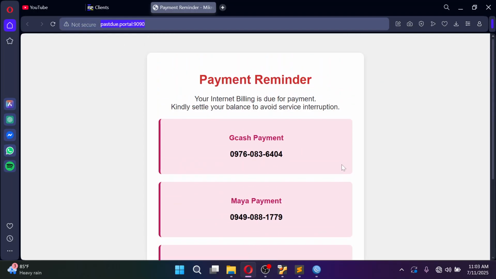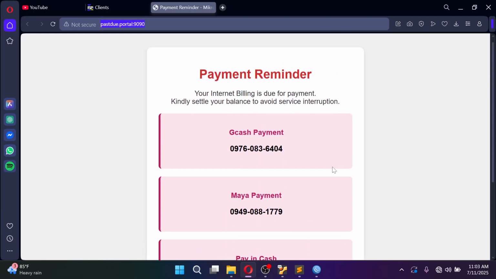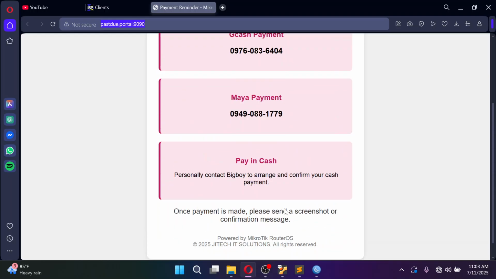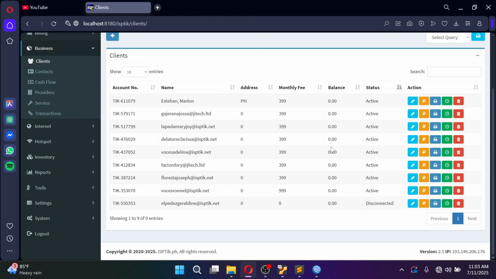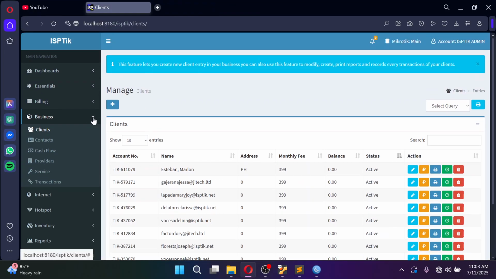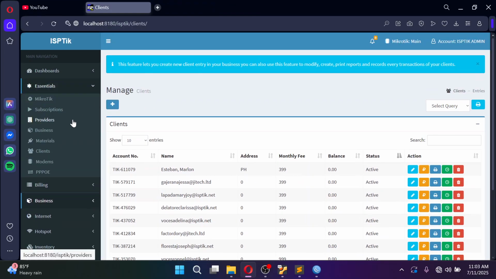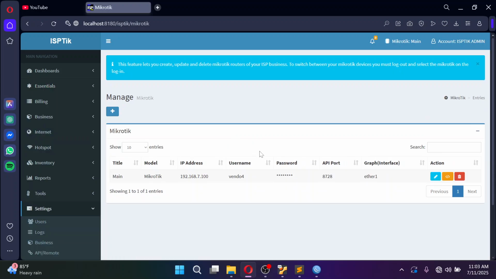So our payment reminder is now working. But not just yet. This is my personal PPPoE. The next thing you would do after setting up the PPPoE, I think we have jumped into conclusion again. Okay?